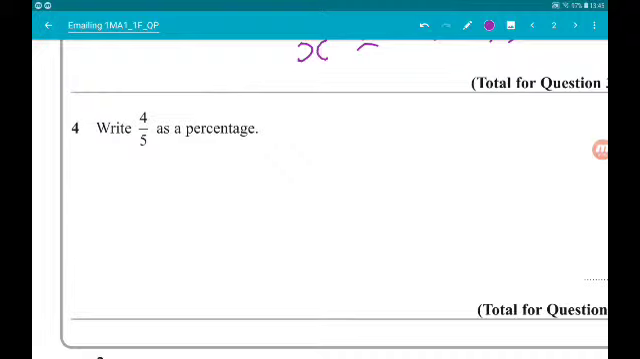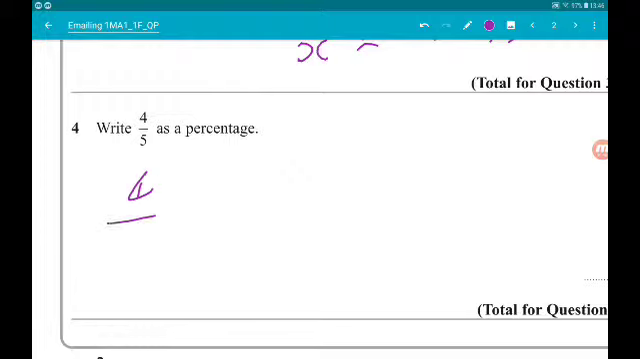Question 4 wants us to write 4/5 as a percentage. So you might know this straight away, it's 80%. If you don't, let's show you how we could work it out. So, percent means per 100. In a fraction, you can think of the line as being the word per. So 4/5 means 4 per 5. Now if we can turn the bottom into 100, we're then going to have a percent. So to turn 5 into 100,